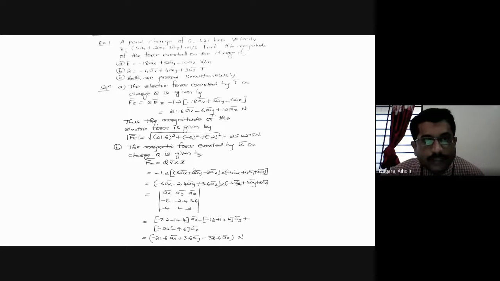Note down the example. The first example: a point charge of Q is equal to minus 1.2 coulomb has velocity V bar is equal to 5ax bar plus 2ay bar minus 3az bar meter per second. Find the magnitude of the force exerted